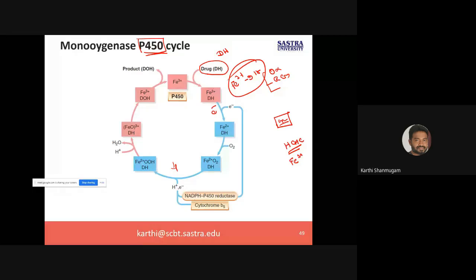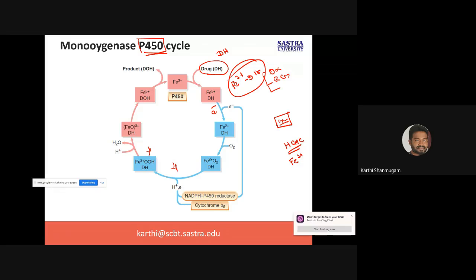Okay, the proton and electron enter the system, and because of their entry, the Fe2+ O2 DH is now converted into the Fe2+ OOH DH complex. Immediately after this step, there is a release of a water molecule. H2O is released from this Fe2+ OOH DH complex, which turns it into the FeO3+ DH complex,